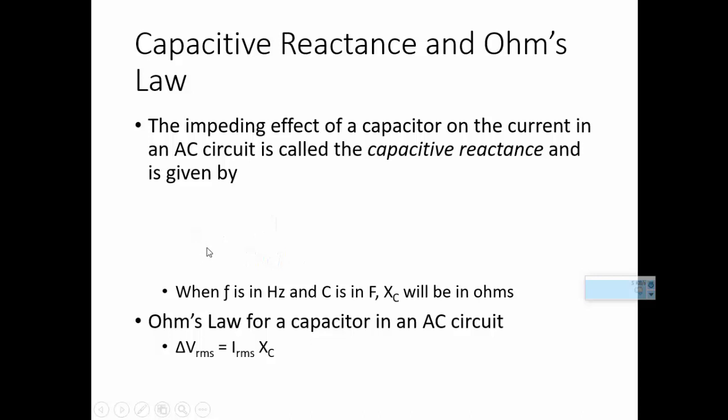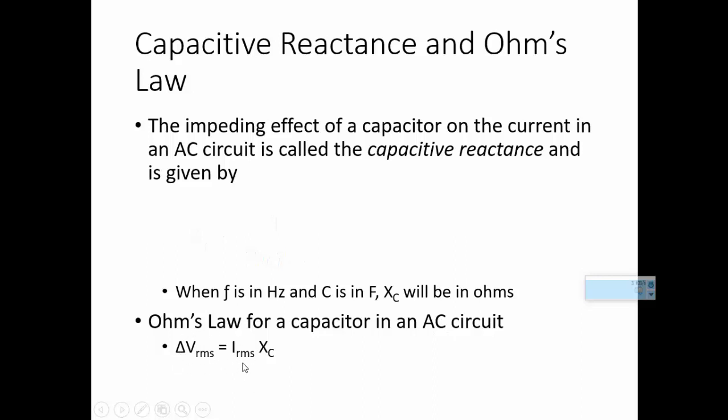So it's actually XC, which is the capacitive reactance, equal to 1 over 2 pi FC, or 1 over omega C, which is the same as 2 pi FC. When F is in hertz, C is in farads, and XC will be in ohms. So Ohm's law for a capacitive AC circuit is given by,